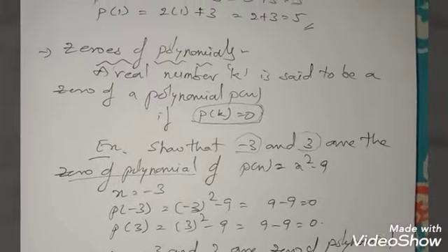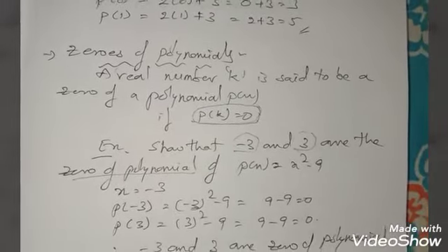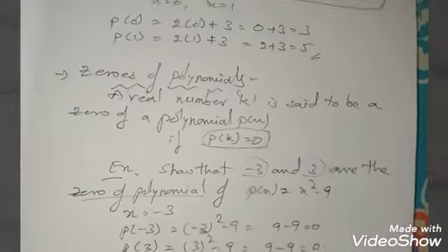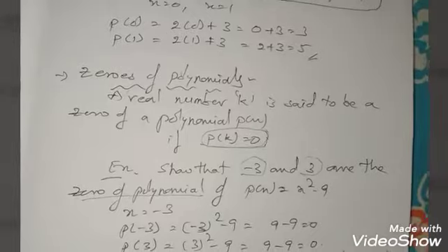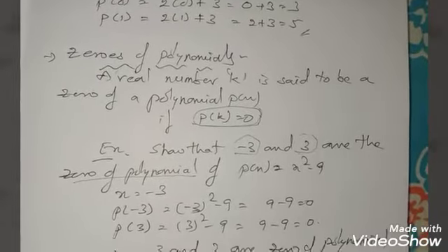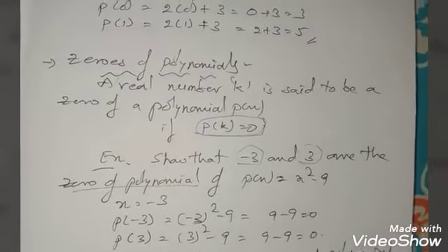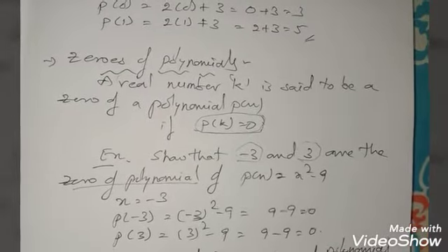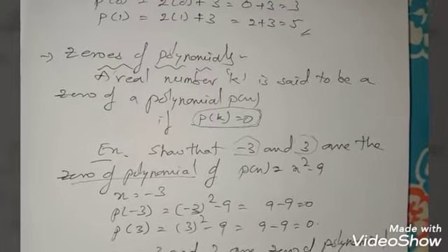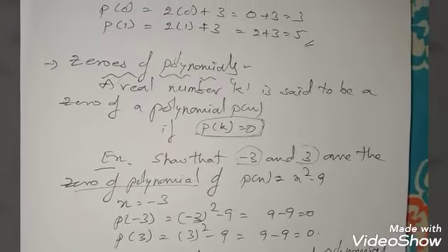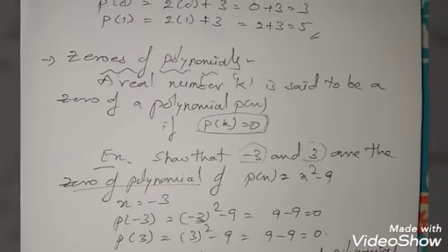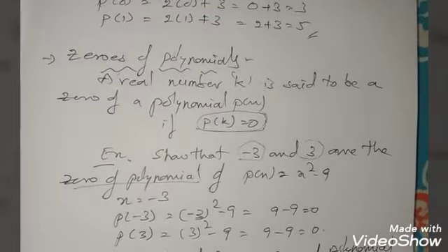So in this class we have learned the value of a polynomial, then the degree of a polynomial and polynomials. So let me recap what a polynomial is. A polynomial is an expression constructed using constants and variables, for example 3x plus 1 or 4x square plus 3x plus 2. Now coming to the degree of a polynomial, it is the highest power of the variable in the polynomial p of x.